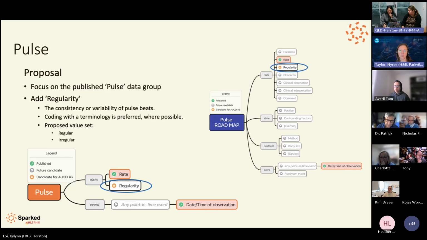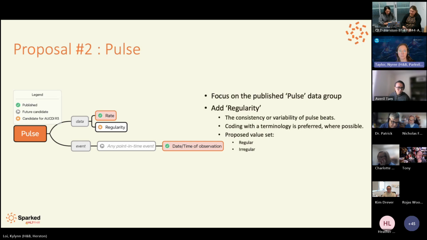So you can see that we've got regularity sitting just under rate, which is around, you know, when you palpate a pulse on an arterial site, you can actually feel is it regular or irregular. We would then have a discussion at a future time around heartbeat and what those requirements might look like for when we're actually gathering the heartbeat as opposed and distinct to heart rhythm, which is something completely different as well. So if we go to the next slide, we've got our second proposal up,